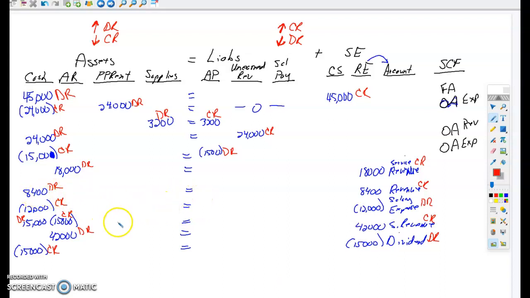Let's see, again, I neglected these. This is cash coming in from revenue, so that makes it an operating activity. This is cash paid for an expense, again, another operating activity. This is cash collected from accounts receivable, which is from a revenue, making that an operating activity. And then this $15,000 is a dividend. Dividends are cash going out for stockholders' equity. Cash paid for long-term debt